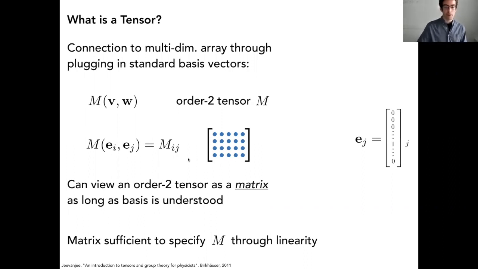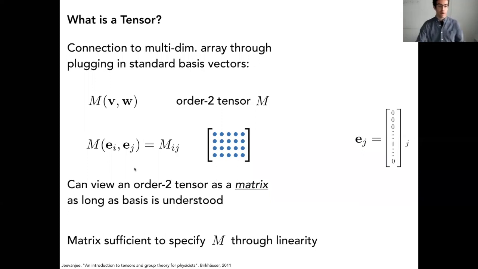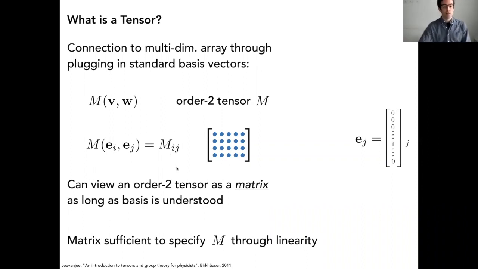And then the key point is that because the function's multilinear, I can make any v or w out of these ei and ej, some linear combination of those. And then I know immediately how m will act on a v and a w through these coefficients. So everything about how m acts on any vectors is already determined by these coefficients because of the multilinear property. So really, this is all the information that defines this tensor. And so it is correct to say that a tensor is a multidimensional array as long as you know what basis you're in. So as long as there's some understanding of a standard basis that you're talking about.